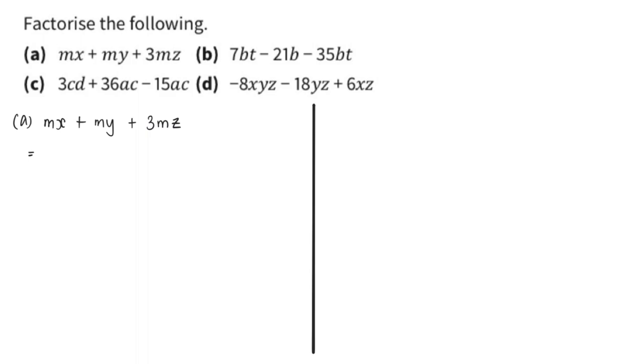Hello everyone, welcome to this problem where we can see that to factorize the following, I saw the common factor for part A will be m. So m will be taken out as the common factor, and I'm left with x plus y plus 3z. And we are done with part A. For part B,